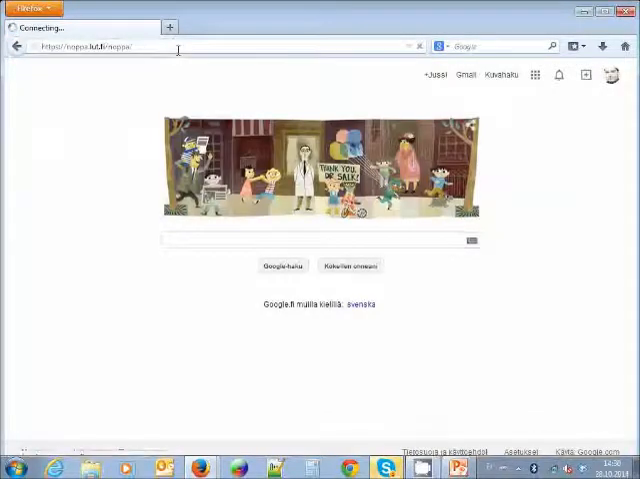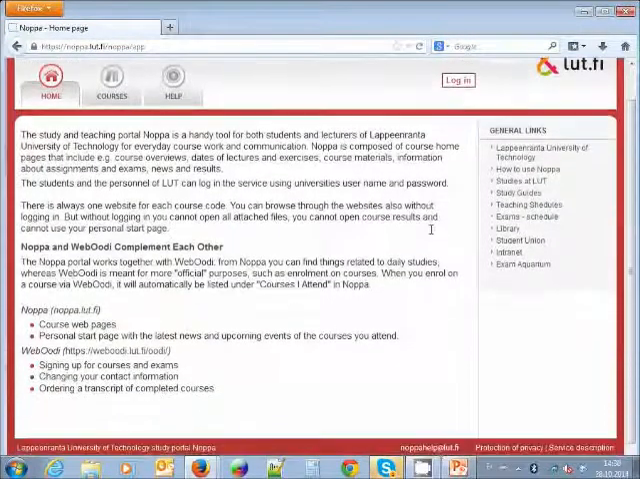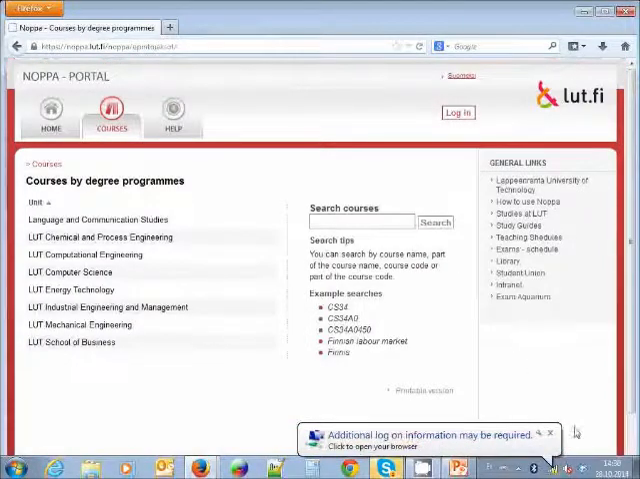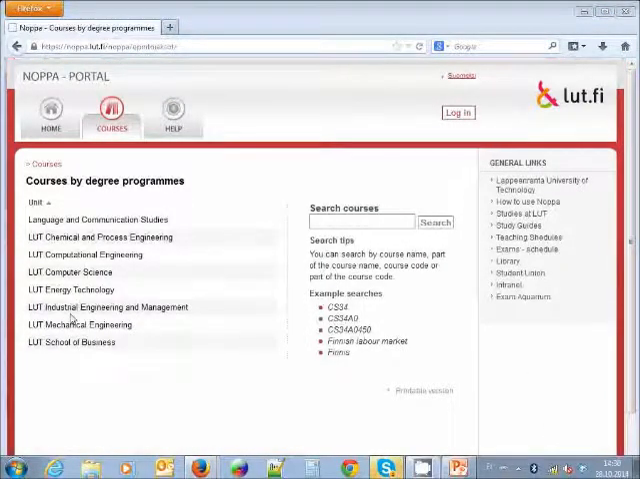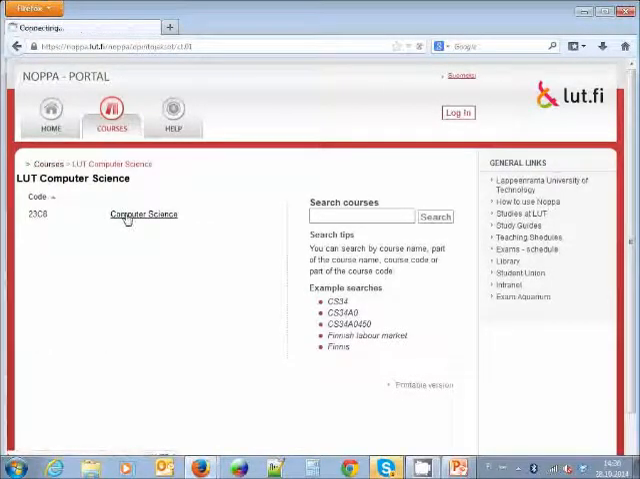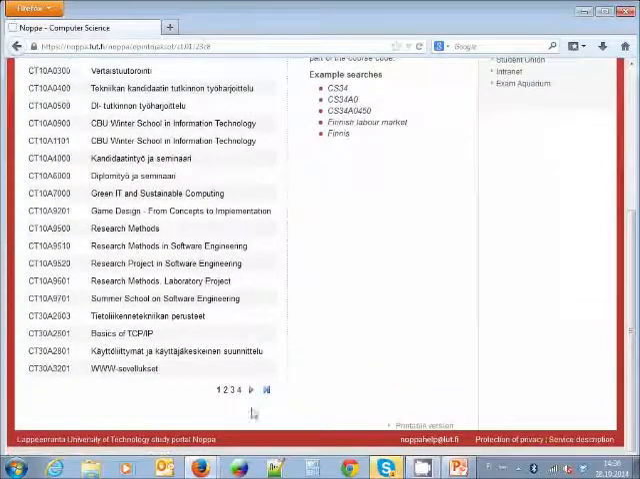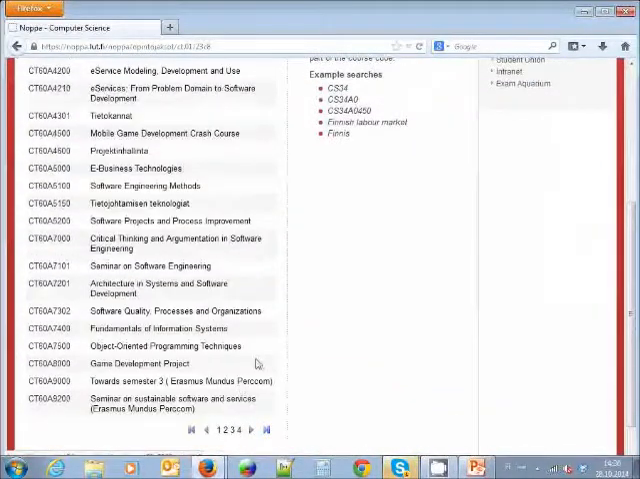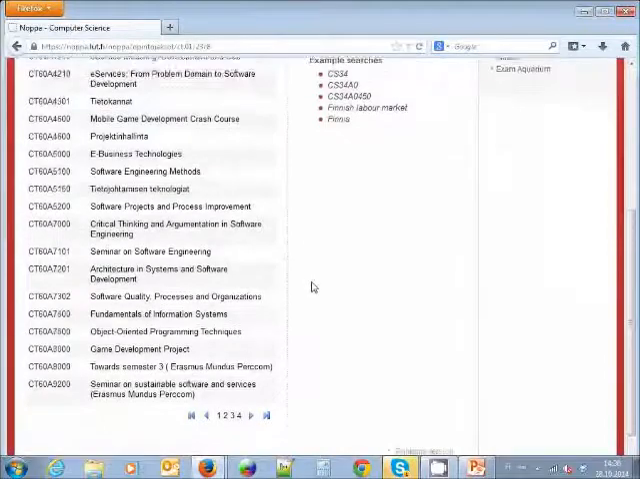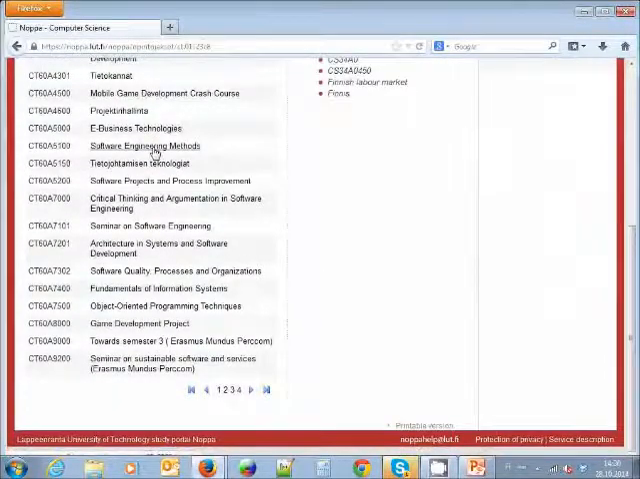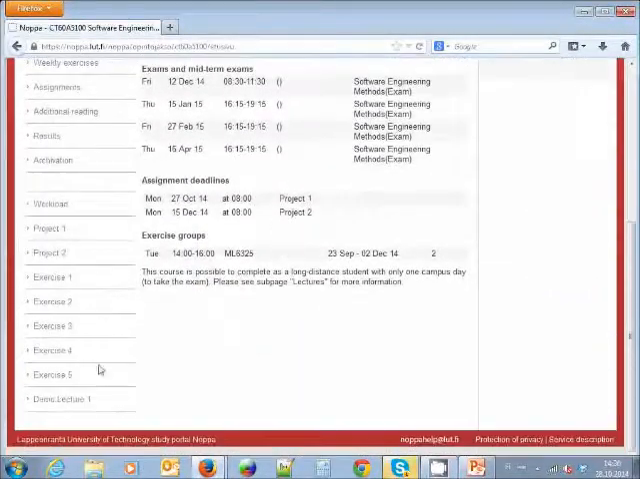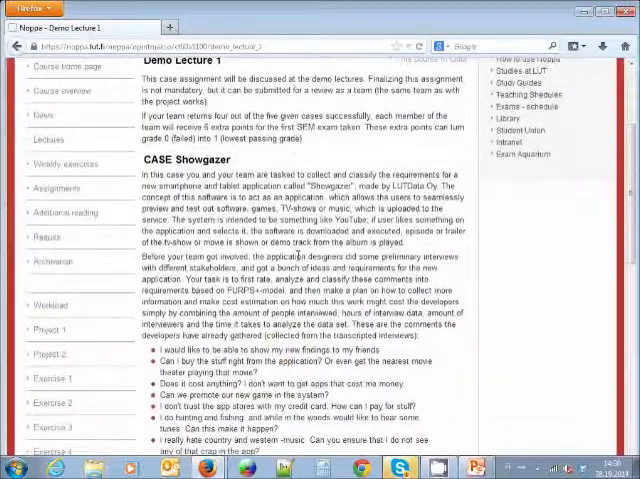So the case today is an example on how you should design your software. So this isn't, by the way, a real case in a sense that I'm not going to submit your work to any actual software company, but the case is available on the Noppa pages. So the description is quite huge. The case